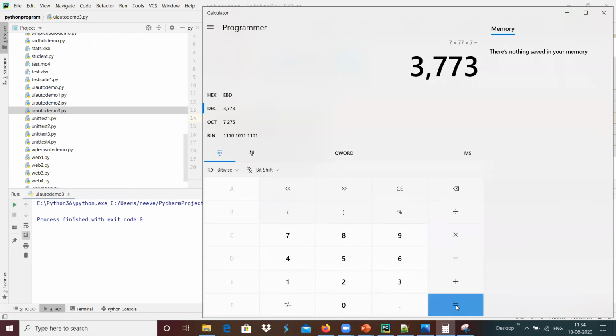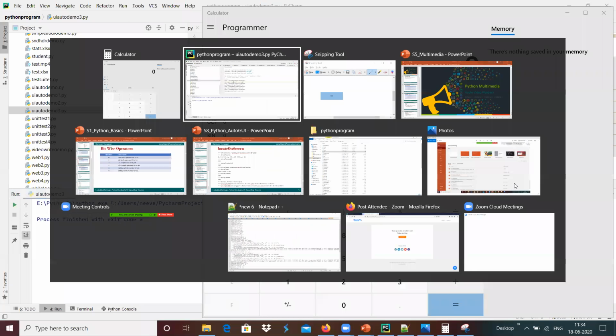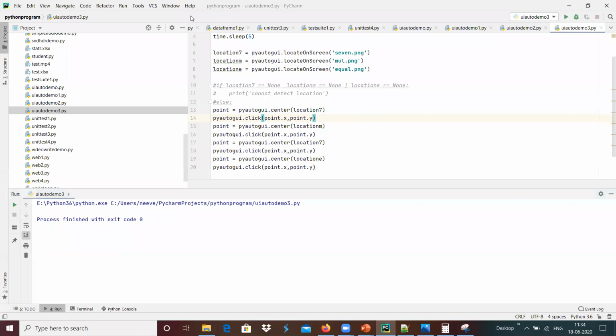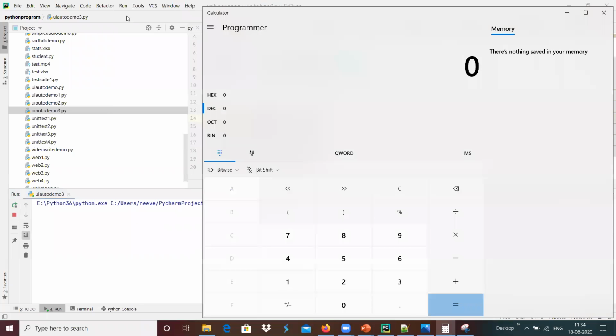I'm going to clear it again. Now we can see, I'm going to run UI test automation. It feeds something like 7 into 7 equals, it generates that output, and we can take that output and compare.